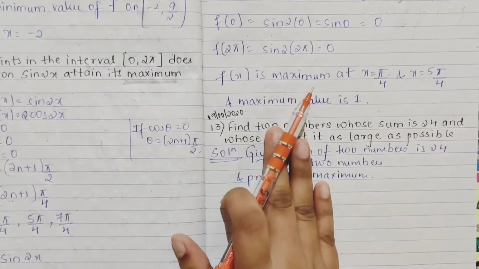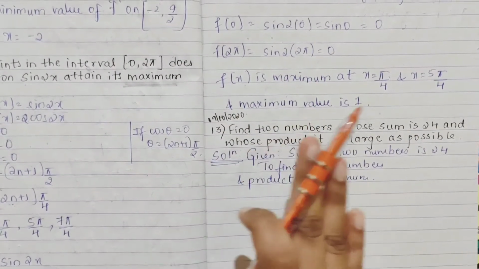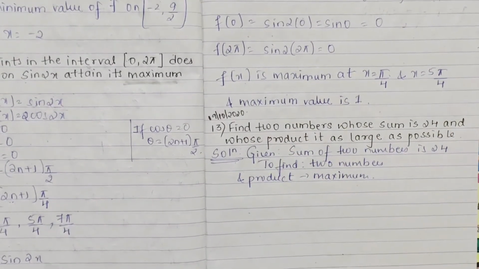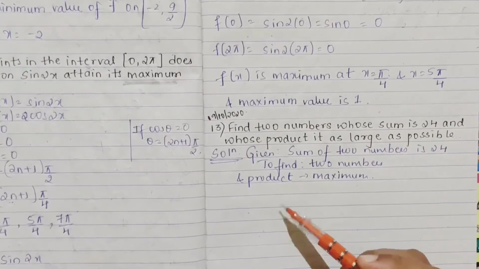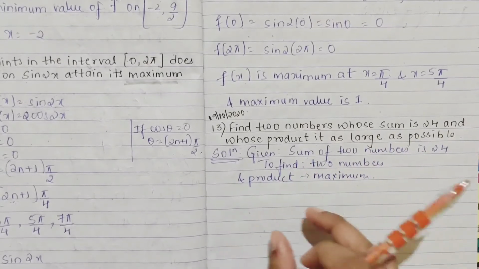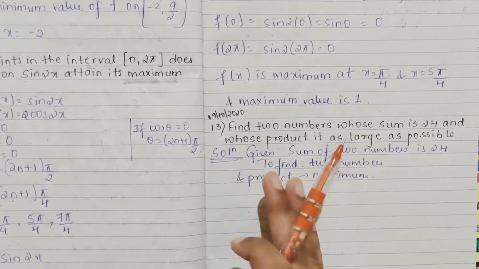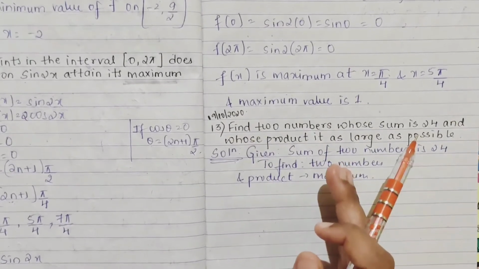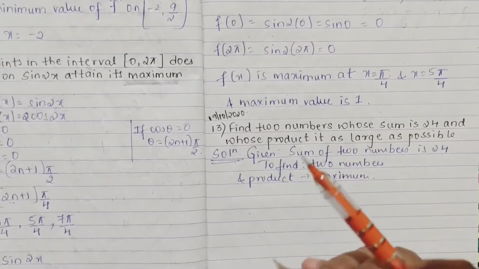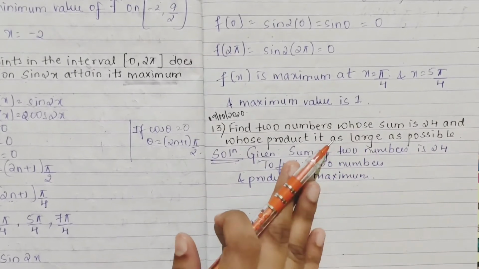So how you have to do these problems, you know it, right? First write the given, find its first derivative, equate it to 0. After that go for the second derivative. If you get variables, if x is there in that, then from the first derivative you'll get 2 points or 3 points. After that you put those points in your second derivative and check the nature, if it is positive or negative, because we want to know maximum or minimum. Based on that we find whether the function is maximum or minimum.